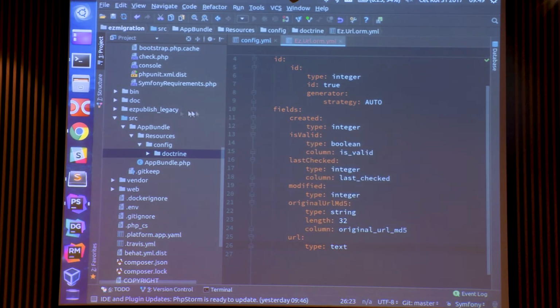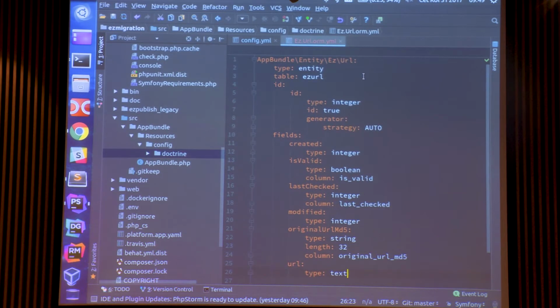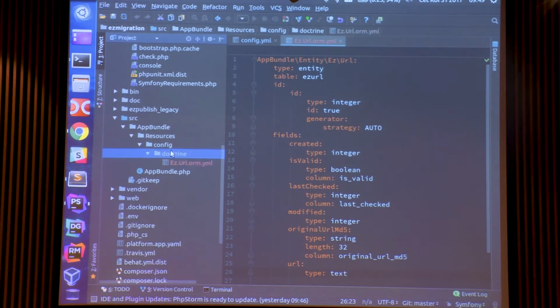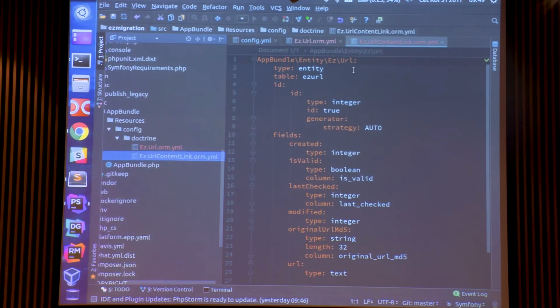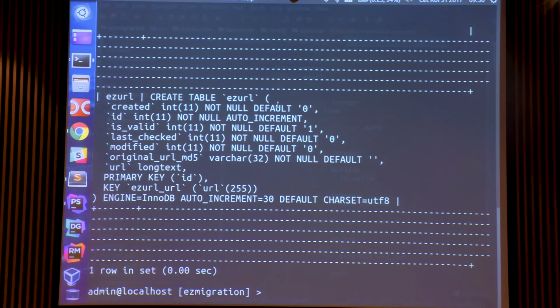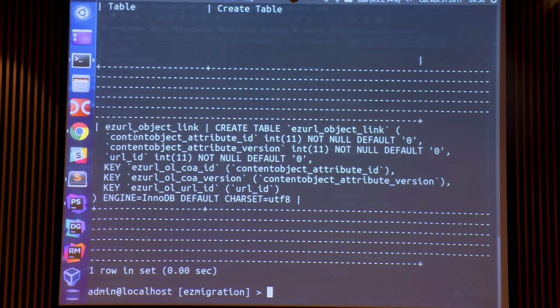So this is one of our entities. The other one is a simpler one. The other one is a link to the database, a link to the easy content object, and we will name it URL content link. Why not? So this is a link entity between URL and the content. So the second table is named easy URL object link, and it has only three